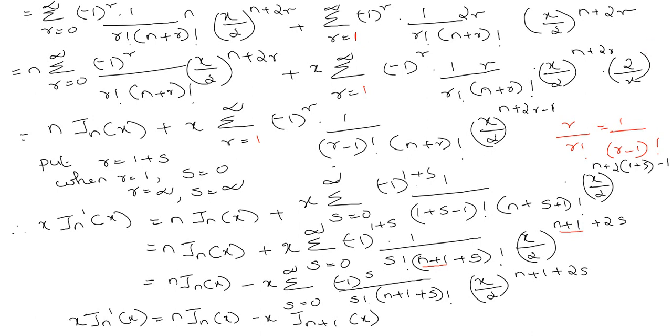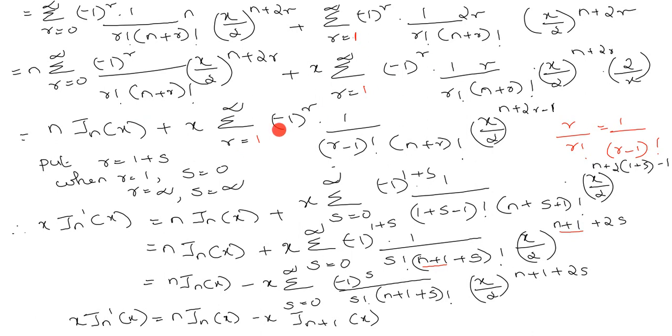So we know that sigma r equal to 0 to infinity, minus 1 raised to r divided by r factorial into n plus r factorial into x by 2 the whole raised to n plus 2r is the Bessel's function Jn(x). So this can be replaced by Jn(x). So the first term becomes n into Jn of x plus x into sigma r equal to 1 to